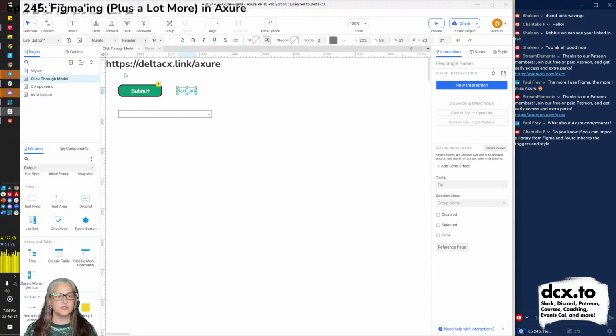And another thing to think about is, remember, just like Figma has pages and then all of your layers, Axure does the same thing. So we can just go to outline and Axure says, look, this is everything you've put on this particular page. You've got a submit button, you've got some text that says text link, and notice when I mouse over it, it shows me a preview of what it is, so it's this text link. You've got a drop list, which I'll talk about in a moment, and you've got some text that says this.